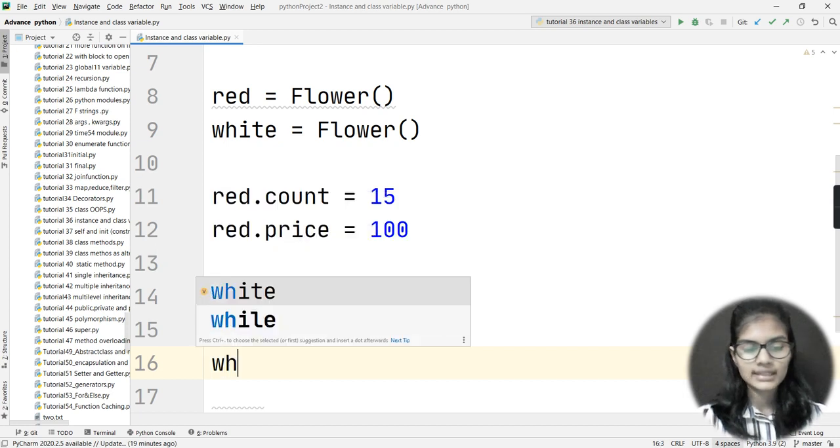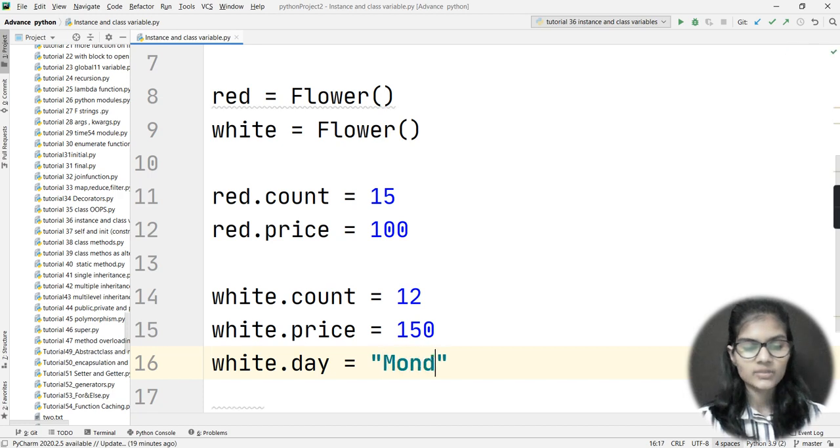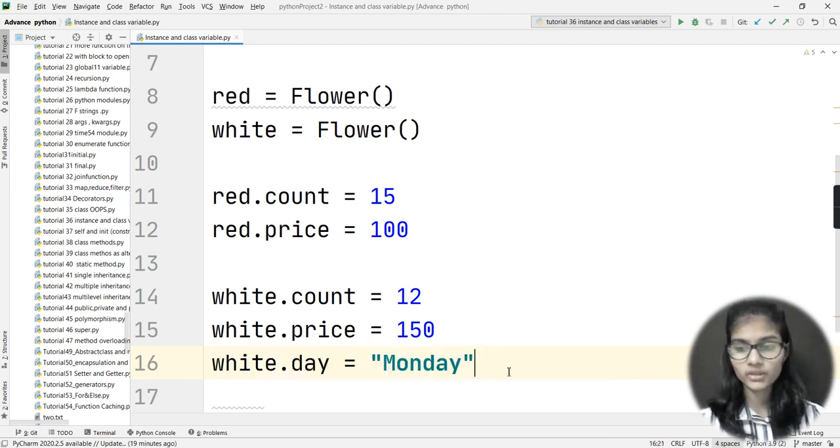let's say I made an attribute, white dot day. It means basically on which day I can get my white flowers. So let's say I would mention here Monday. So Monday is a day on which I can get my white flowers. So I can declare n number of attributes for n number of objects, whatever I have made for my